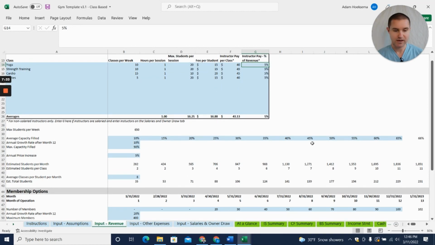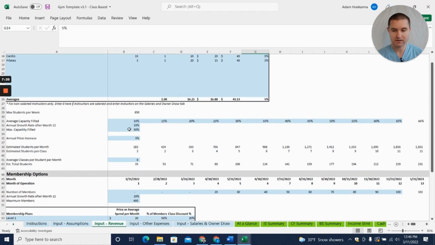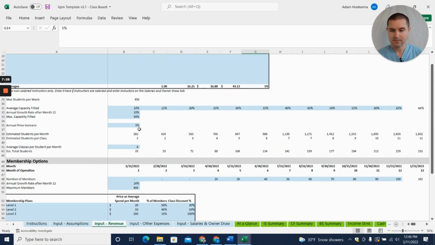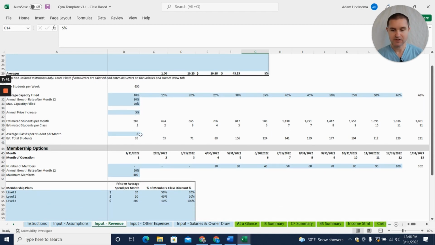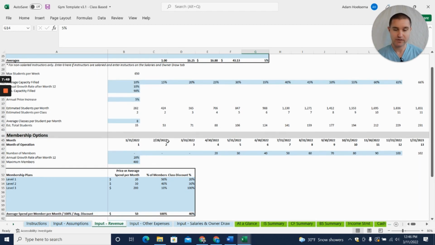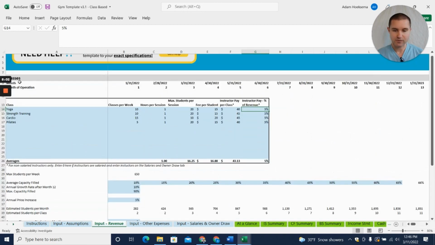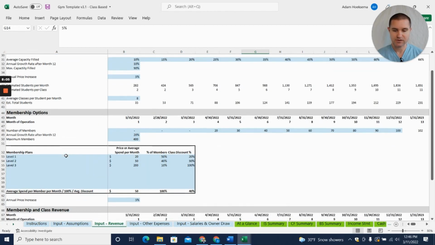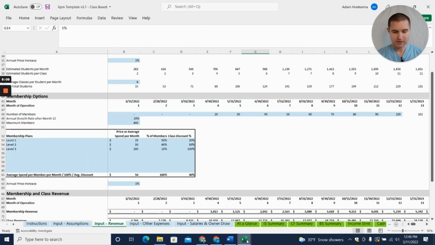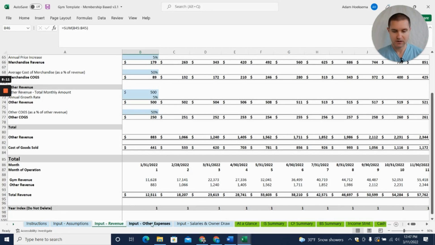And then again, you'll have the ability to enter in your capacity filled by month. And so this is going to calculate how many students per month and per class you're estimated to have based on these assumptions, and whether you will have enough capacity to fulfill the demand as well. And this option also does allow you to put in membership options as well. It's just a little bit more focused on the class-based model. So that's really the main difference between the two templates. I'm going to jump back to the one we were working on initially here